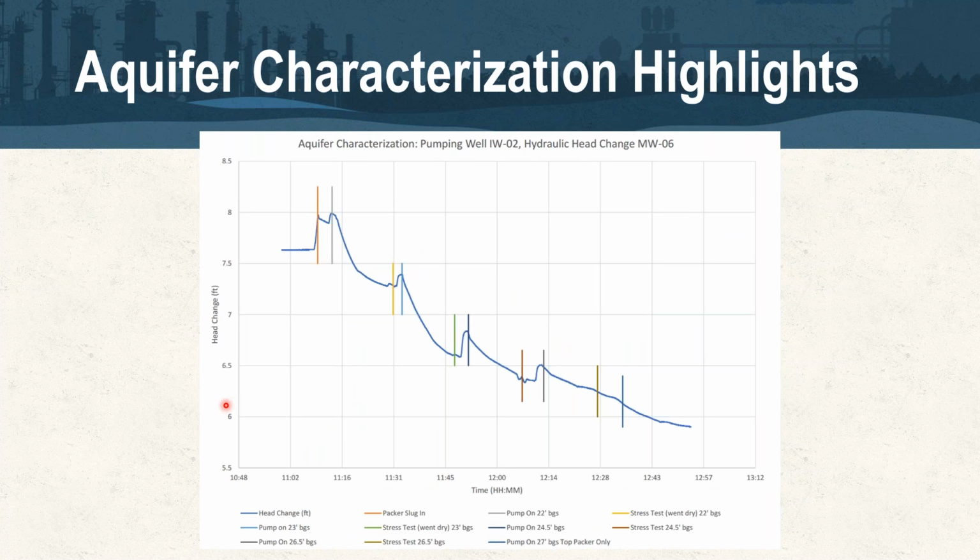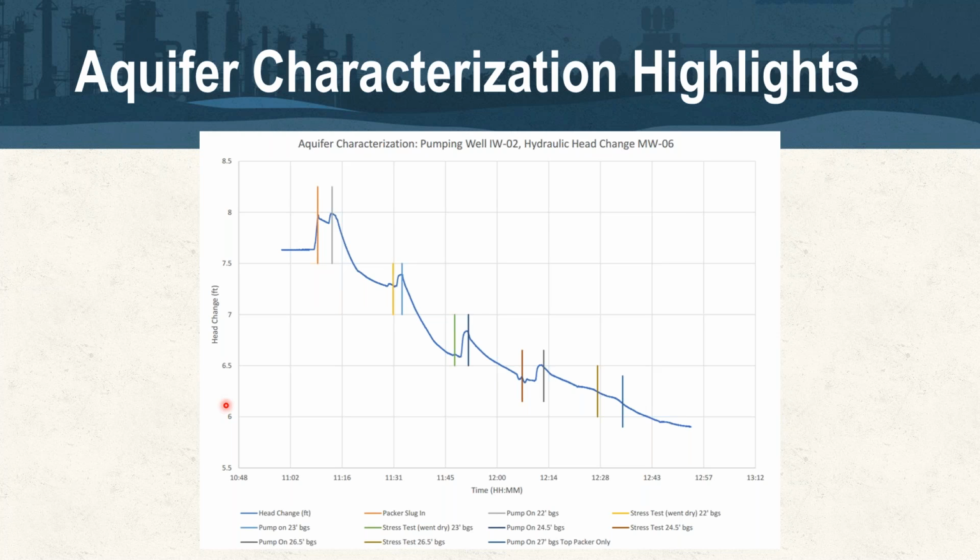And then here is a little bit of a different characteristic, but something that's quite similar to a step-down pumping test that you would see in a more traditional sense. And so what we have here again is pumping from injection well number 2 and looking at the hydraulic head change in NW6 adjacent to it. And here what we see is